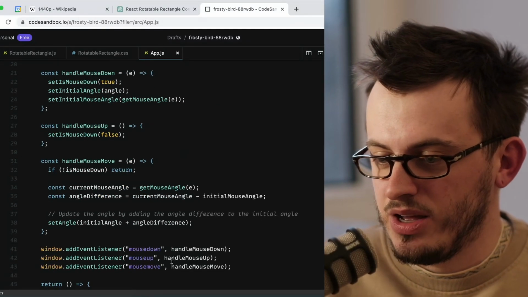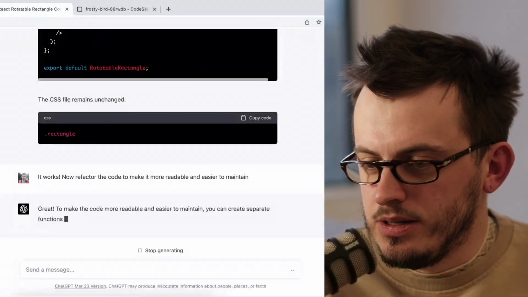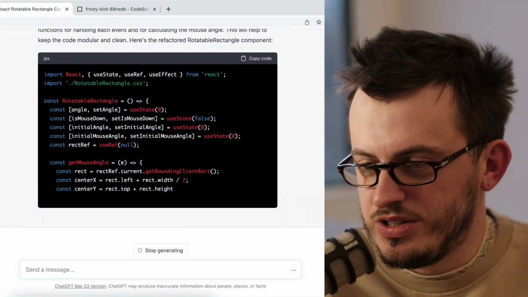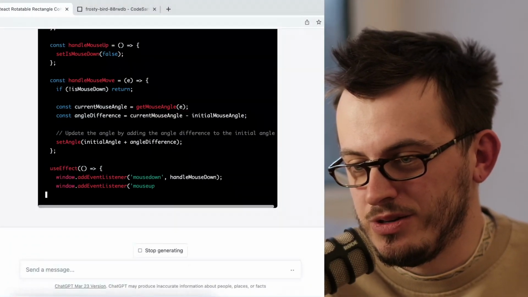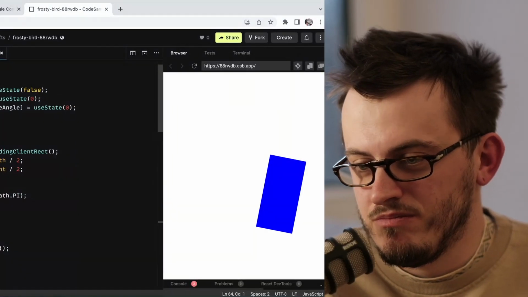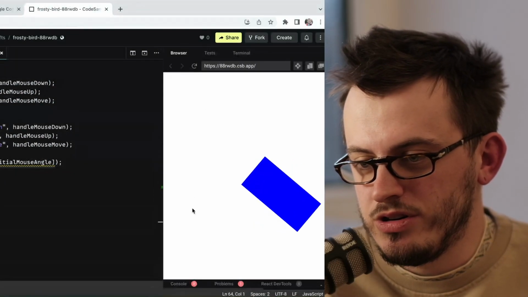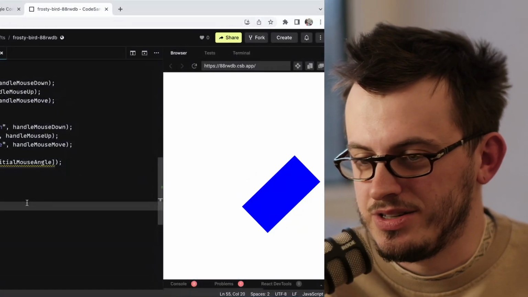So let's try it. Okay, I'm going to ask it, and what it says is that it will break it down into smaller functions. Cool. Okay. Does it still work? Yeah, it still works, which is nice.